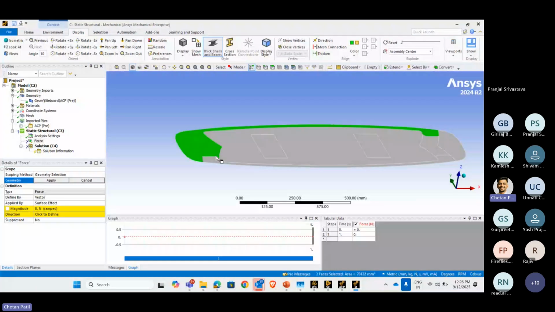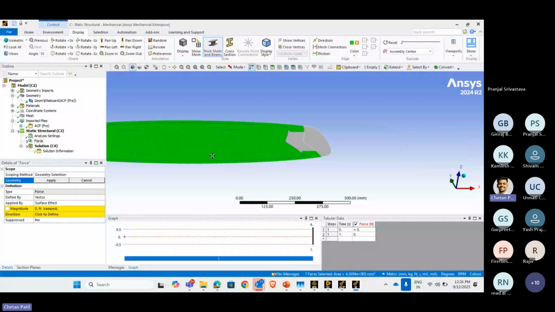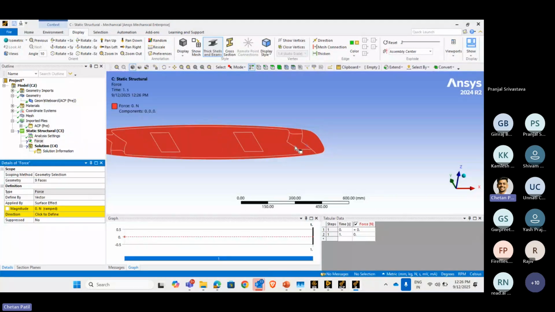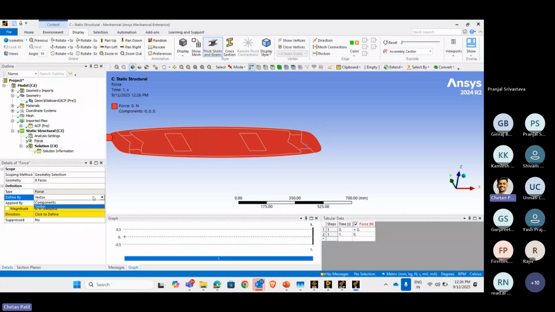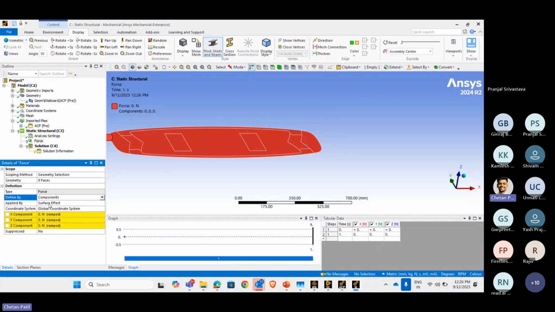So these were the conditions that I already got from this particular simulation file itself. I'll apply the force on all these 9 faces of the body, and make the force direction defined with respect to the components so that it will be easier for me to define it. The force that I'm going to apply on this geometry is considering that the kite board